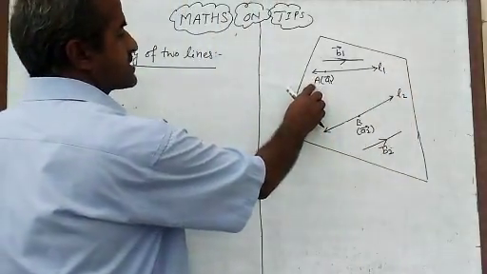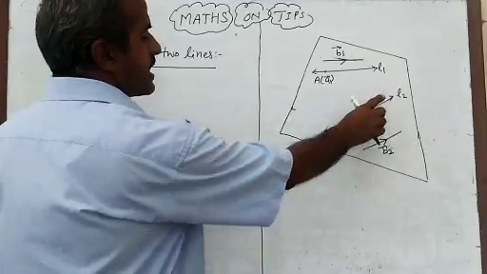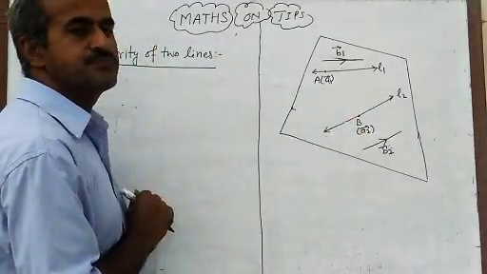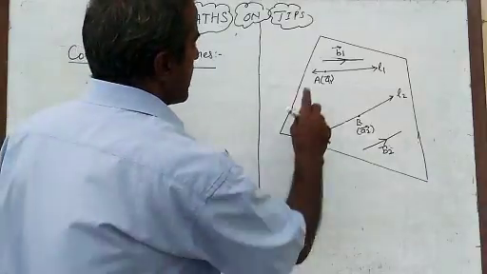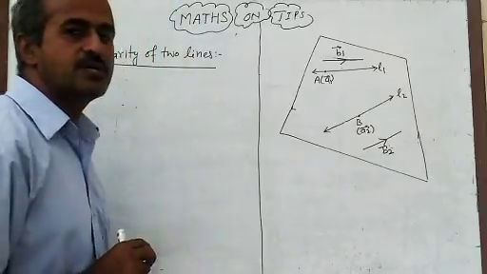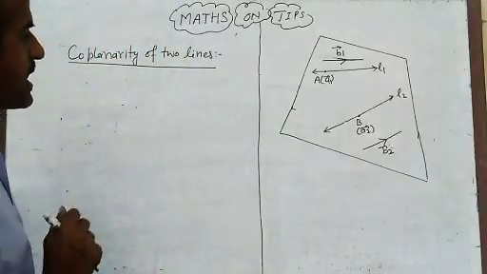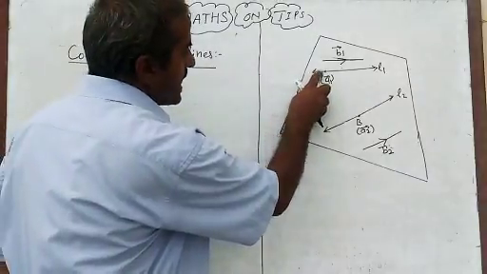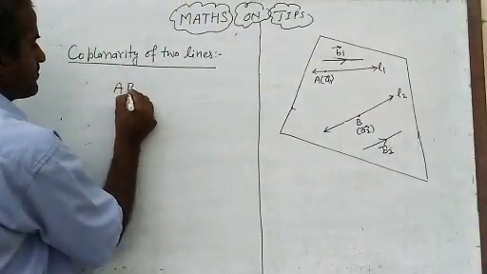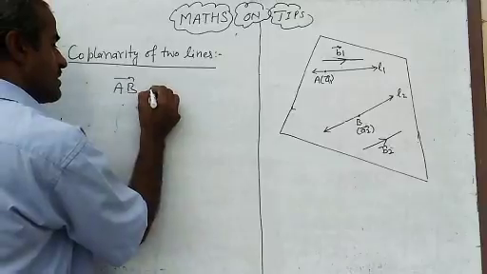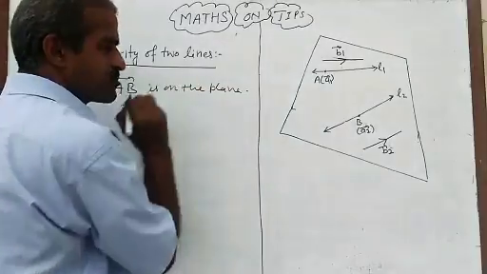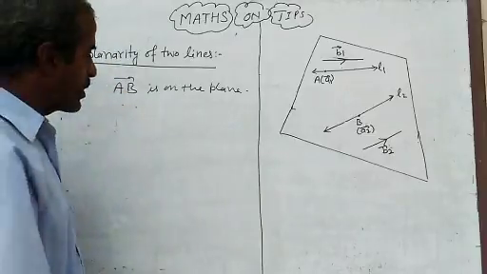Line L1 is passing through A and line L2 is passing through B. Position vector A1, position vector of A2. Now B1 is the parallel vector to the first line and B2 is the parallel vector to the second line. तो एक पार्ट देखो, if point A is on the plane and B is on the plane, तो क्या होगा, AB is on the plane. कोई प्रॉब्लम तो नहीं, I think no problem.